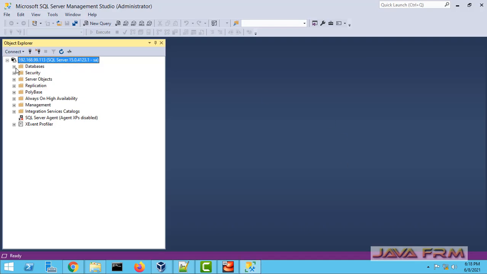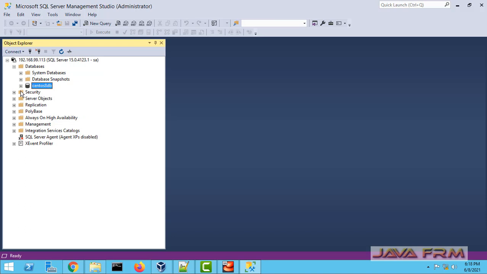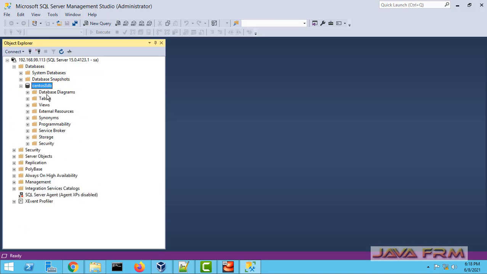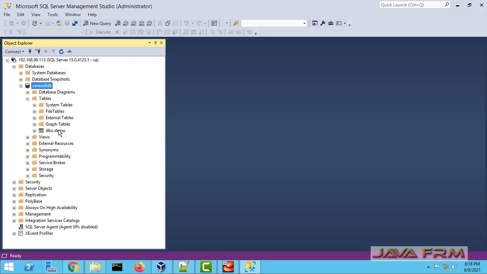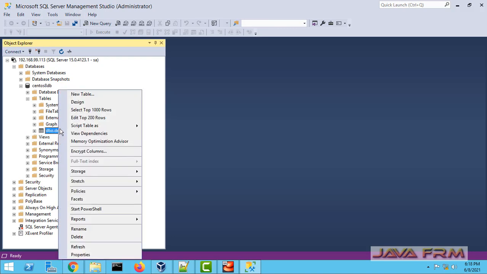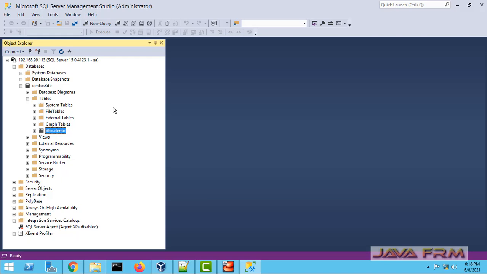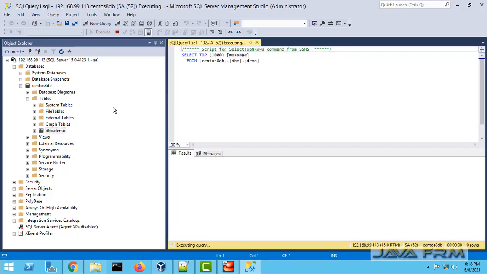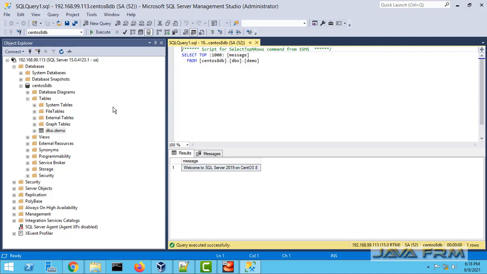Yes, I am able to connect to the database running on the CentOS 8 operating system. So let me browse the database and tables. Let me select this table. Yes.